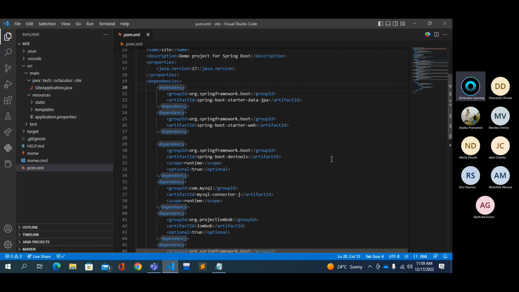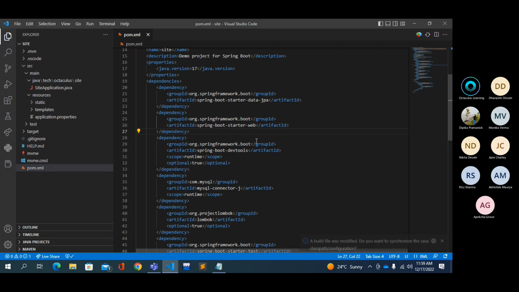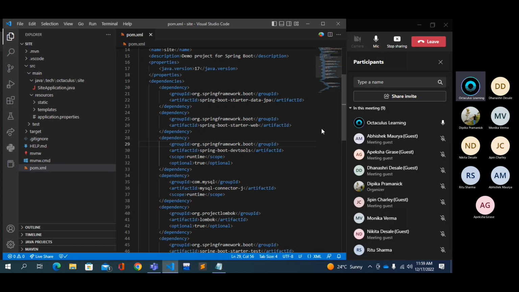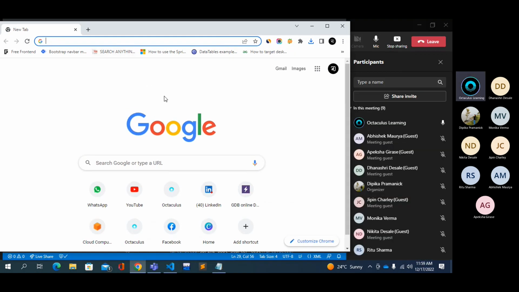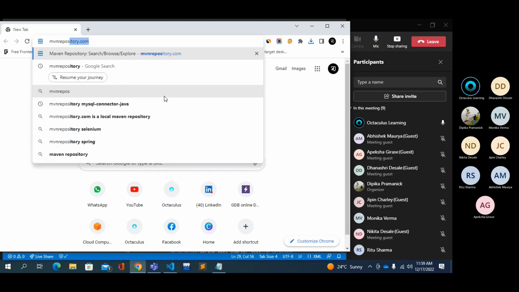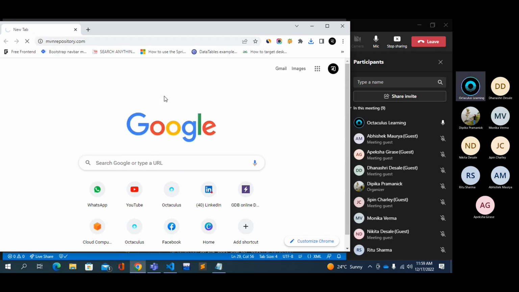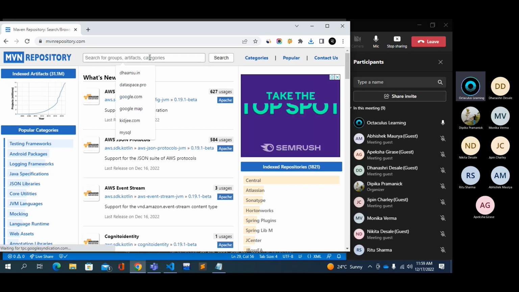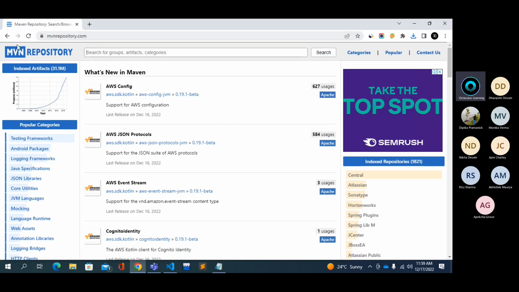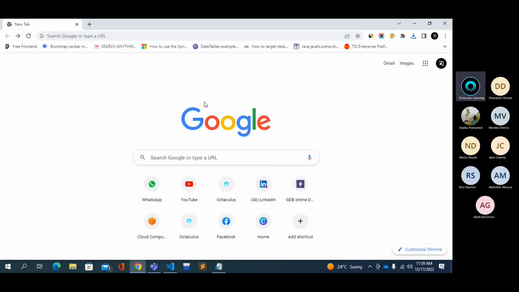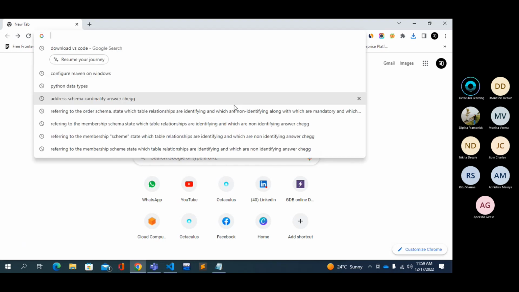But later you can add these dependencies. Where you can find these dependencies on the internet so that you can copy paste those dependencies here? Just go to the browser. MVN means Maven. mvnrepository.com. If you remember this website, you can search here the dependencies you want. But if you don't remember the URL, then simply write